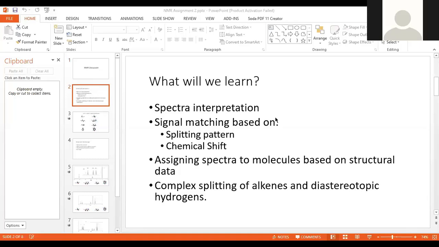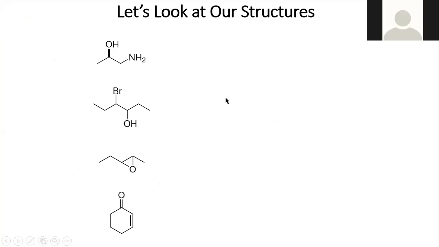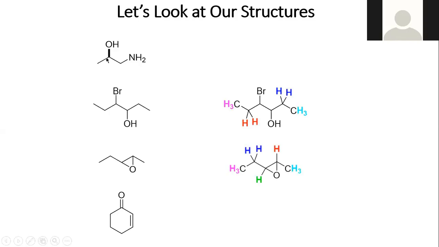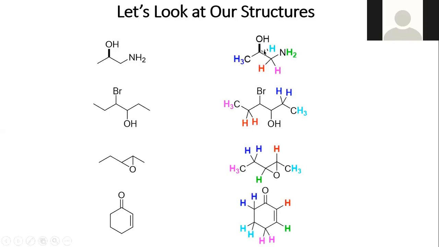So we've got 4 molecules that we're going to look at. The only one that's going to be a little bit complicated is the first one, and that's because it has a chiral center. These are all our non-equivalent protons. When you have a chiral center like this, what you'll notice is that the 2 hydrogens here are non-equivalent. And so we call that, let me